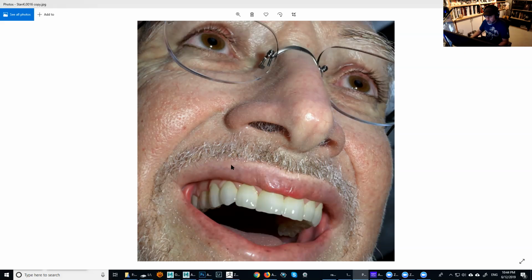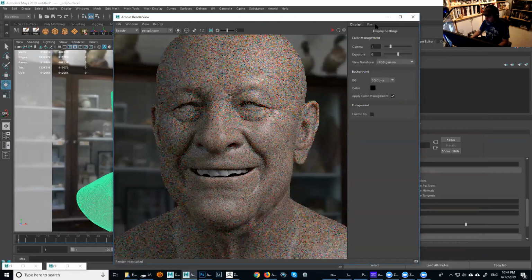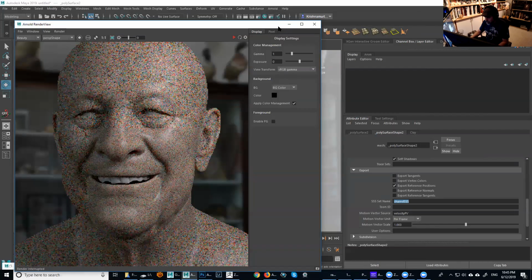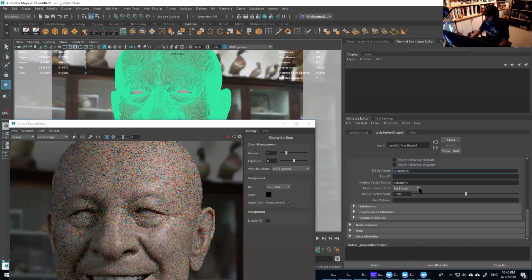So when I create anything, for example, the teeth, eyes, everything else, everything that has subsurface and I want them to be integrated when I render, I want to make sure that for every single object, I go to the attributes of that object and create something like this. It can be any name you want, right? But I always use the same name so I remember. So it's like shared SSS. And then when we start playing with the displacement, we're going to be going through those parameters. For now, I'm not going to do it.